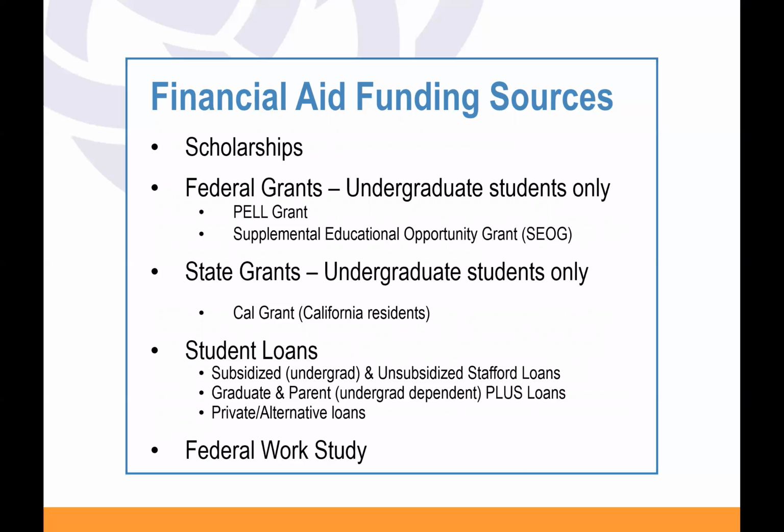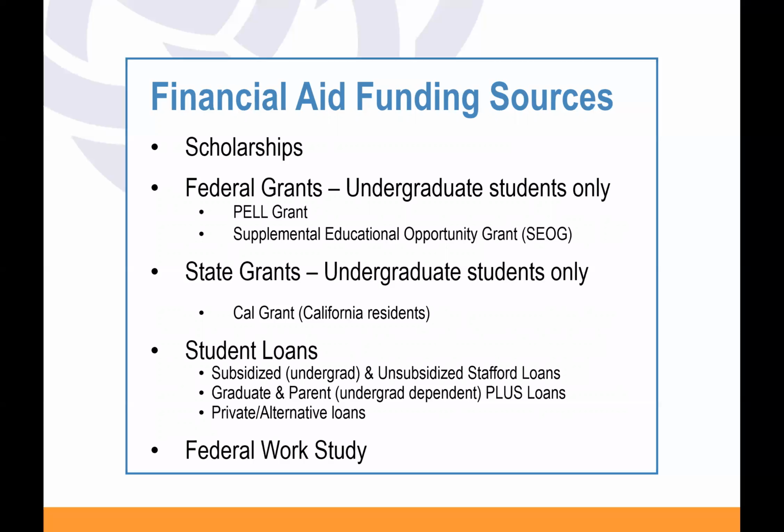Unsubsidized loans are the loans that most students will be eligible for, for both undergrad and graduate students. For graduate students, it would only be unsubsidized loans, depending on your loan history and your aggregate limit. A lot of you might have already finished your financial aid package, and you would see on there that it was the unsubsidized loan that you were eligible for. Typically the average amount most students are eligible for is about $20,500, but again, it depends on your loan history.